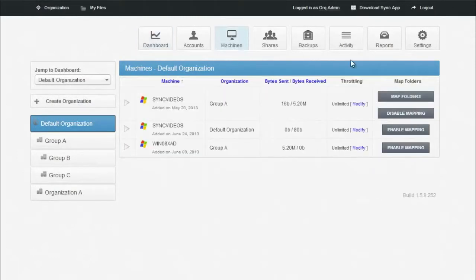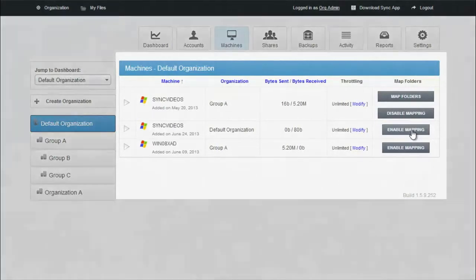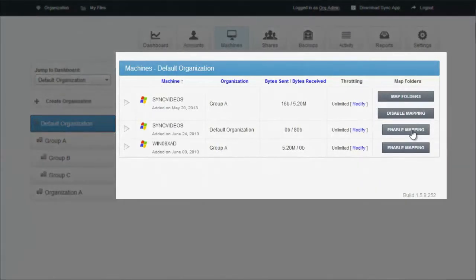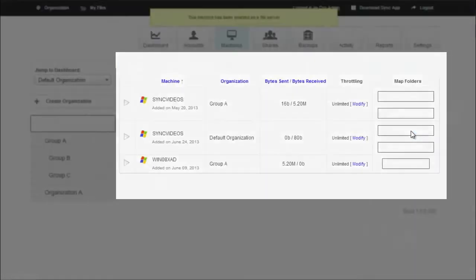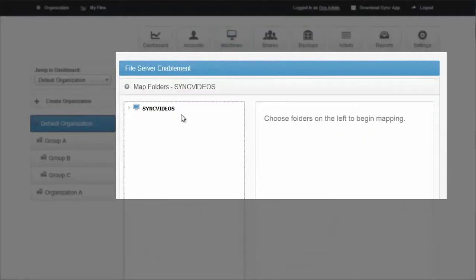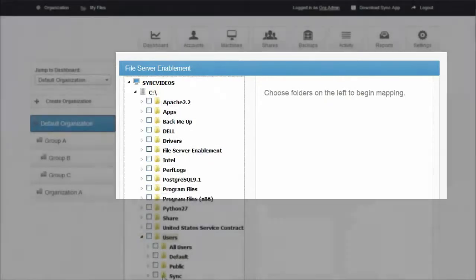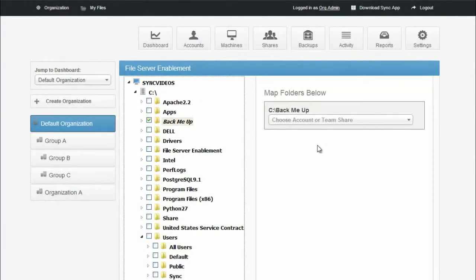And so if you have local file servers set up at your organization, again, you can install the Sync tool agent directly onto those file servers. So if we pretend that this sync video is a file server enablement candidate, in other words, it's a file server, what the tool will let you do is go in and map folders on that PC or file server. And you can actually replicate any folder on that directory structure, any subfolder on that directory structure, directly into the cloud environment. So the net here is you're able to replicate files and folders from the local server directory into